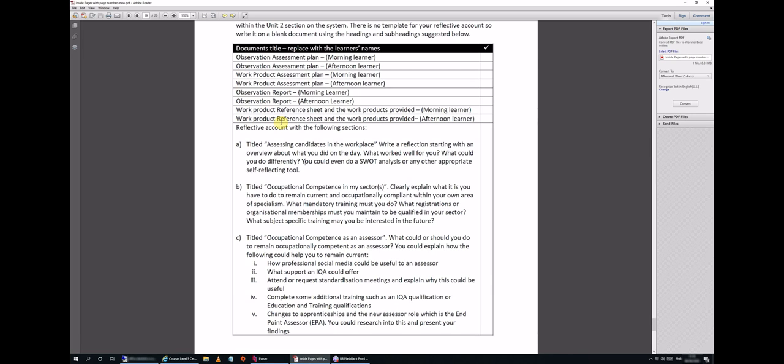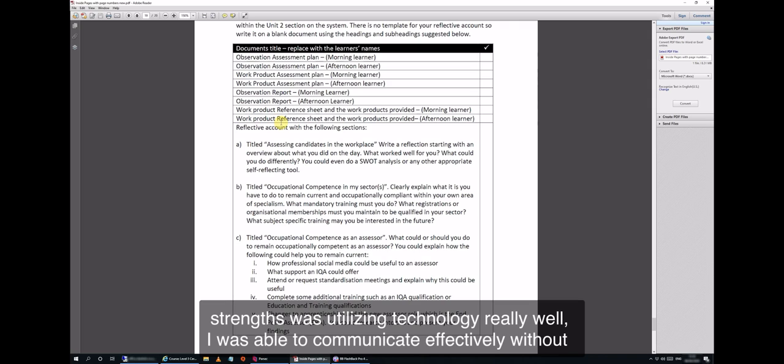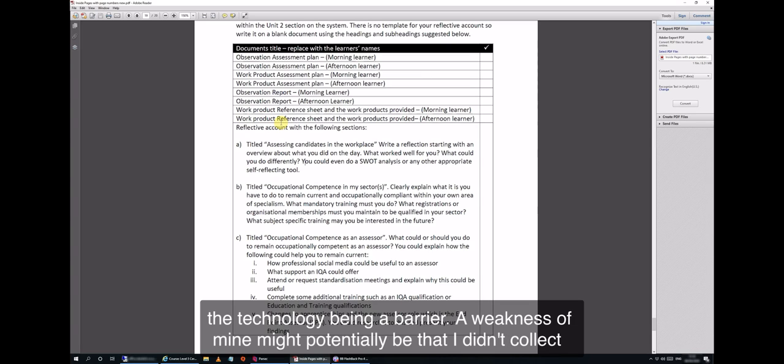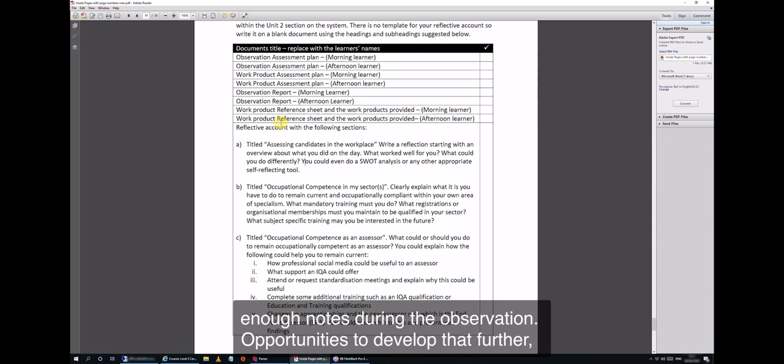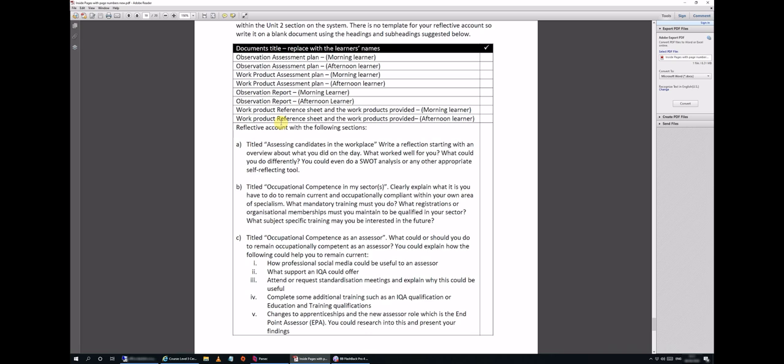So you might want to do some sort of SWOT analysis or breakdown. I believe one of my strengths was utilising technology really well. I was able to communicate effectively without the technology being a barrier. A weakness of mine might potentially be that I didn't collect enough notes during the observation. Opportunities to develop that further would be to practice further and ensure that I collect more adjectives and adverbs whilst